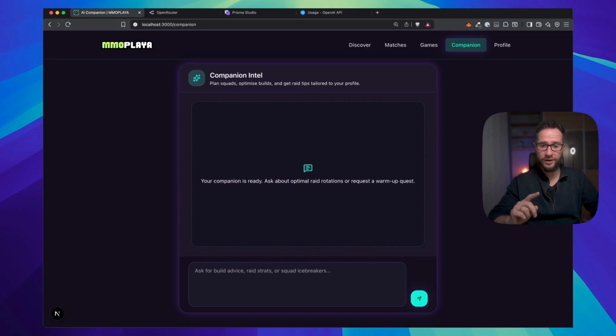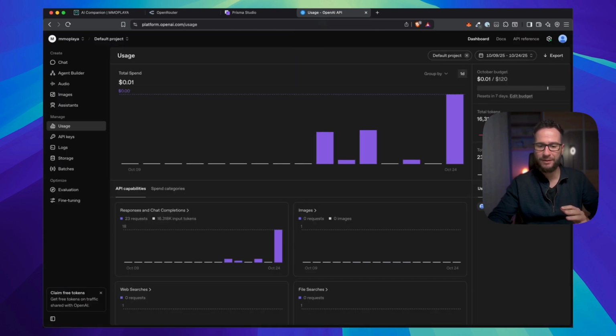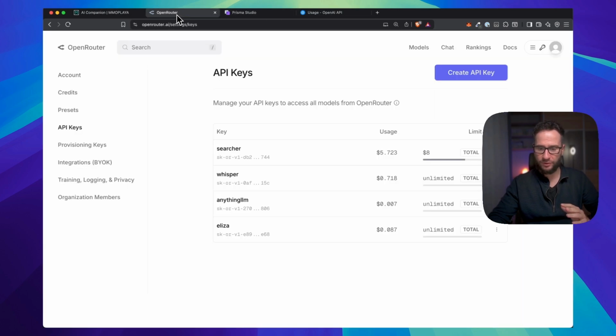Before you release this monster into production, I think it's worth mentioning two things that you need to do. First of all, make sure that the key that you are using in this app has some limits. For example, in OpenRouter AI, it's very easy to generate a new API token and set some limits. You don't want anybody to abuse your chat, but unfortunately you have to remember that people or bots on the internet like to be nasty.